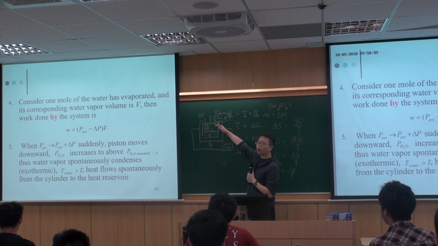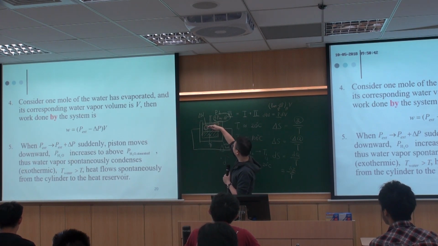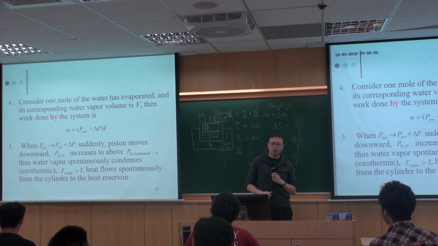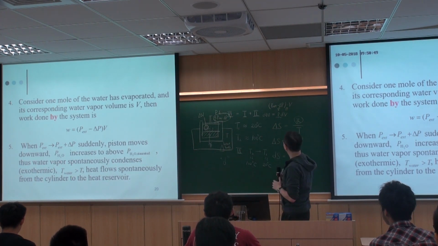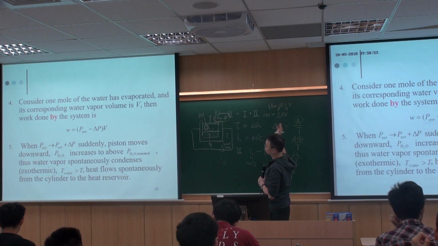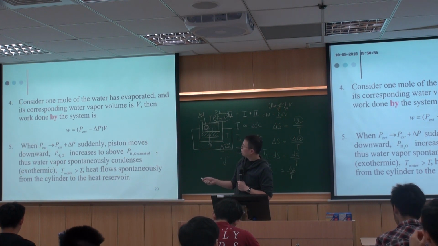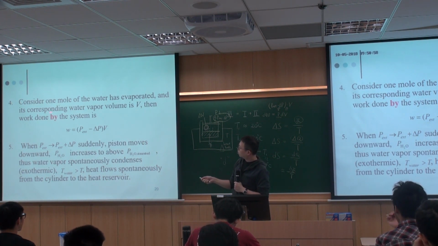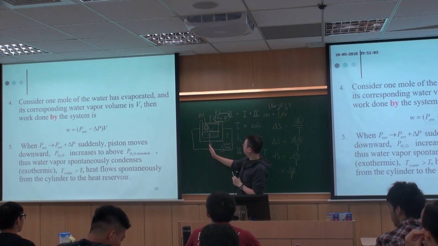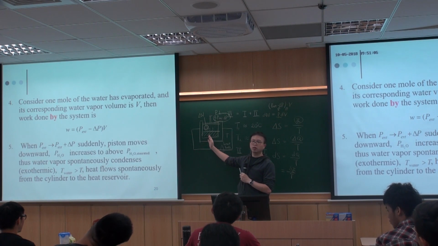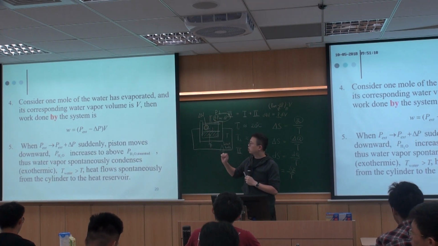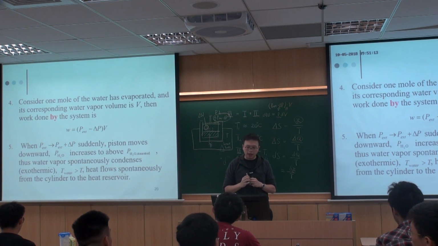And another way to think of it is because when you reduce the pressure, when you pull this up, there's an increase of volume, right? So this is actually the same as the PDV work. So this is the work done by the system, because we know that it absorbs some certain amount of heat, and then this will move up, and we have some evaporation. So this is the work done by the system.